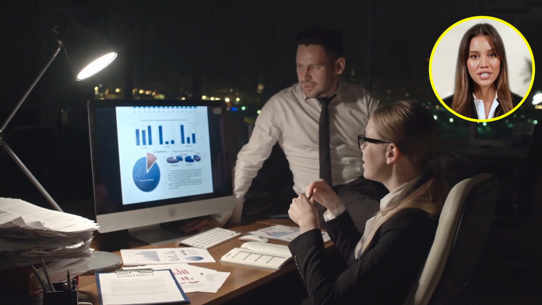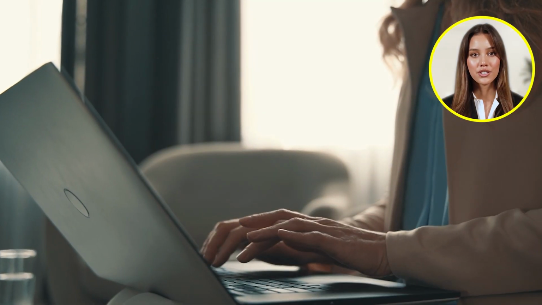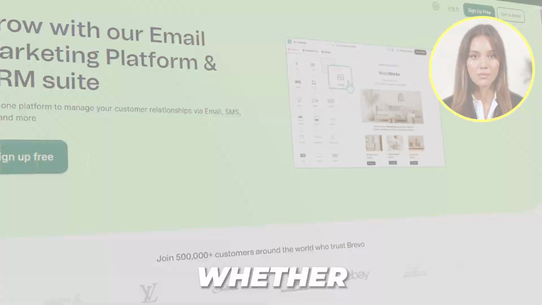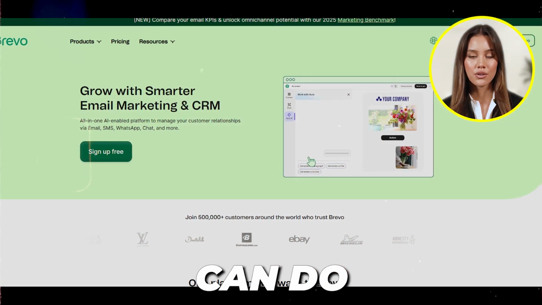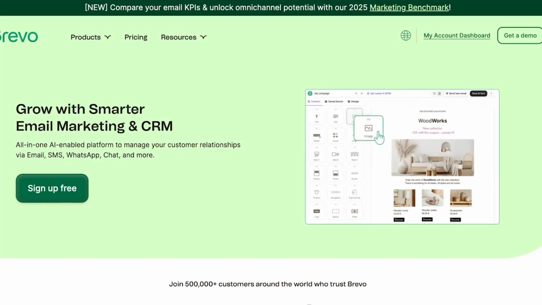So if you're looking to scale your business and you want to centralize and automate your marketing, whether you want to use an integrated CRM or if you want automated deal tracking, Brevo can do all of that for you. So let's get started. Now to get started, you can click on sign up for free and create your free